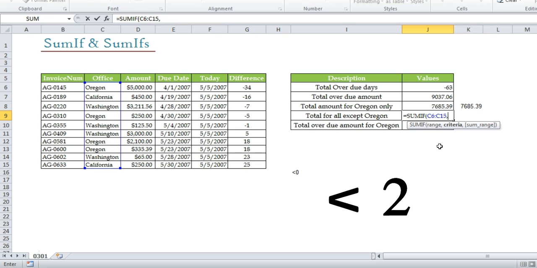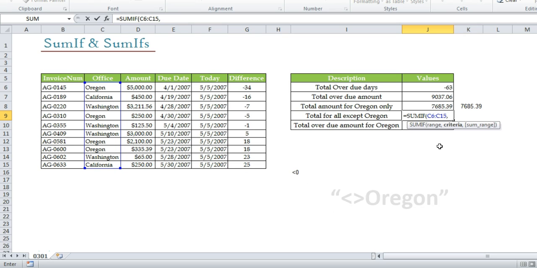I'll say less than 2. It means what? I want everything which is less than 2. If I say greater than 2, it means I need everything which is more than 2. Now if I say less than and greater than 2, it means I want everything which is less than 2 and everything which is more than 2, but what I don't want is 2. So that is a not equal to symbol.